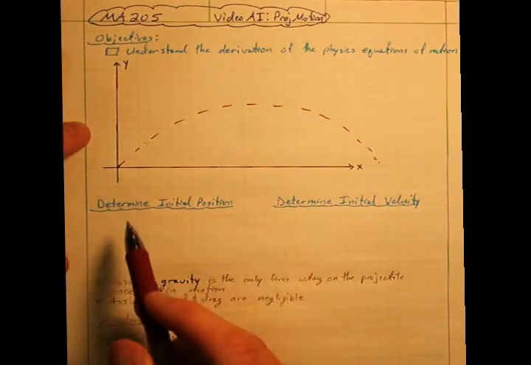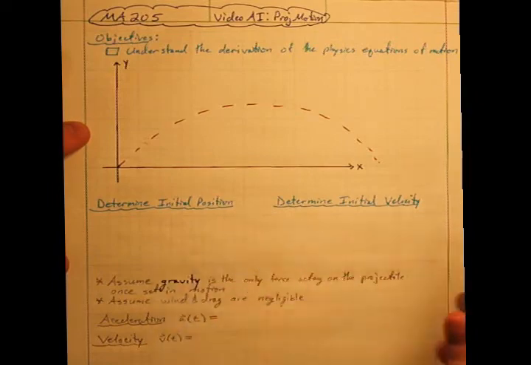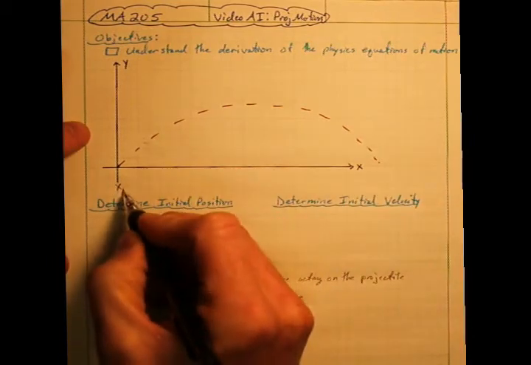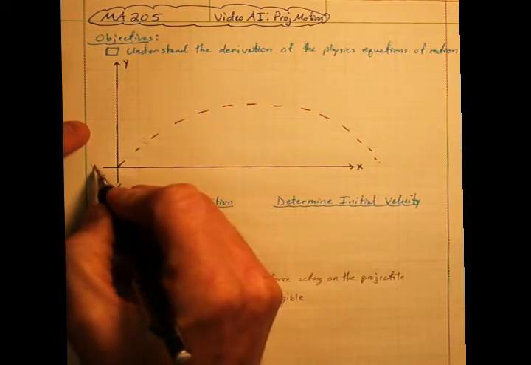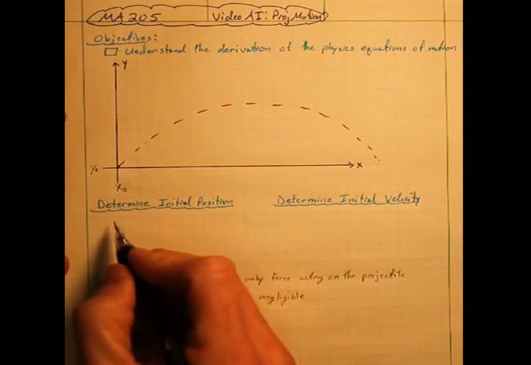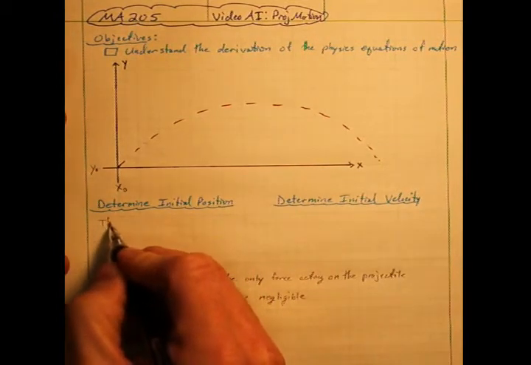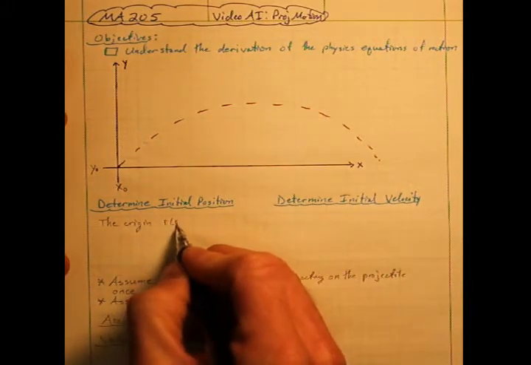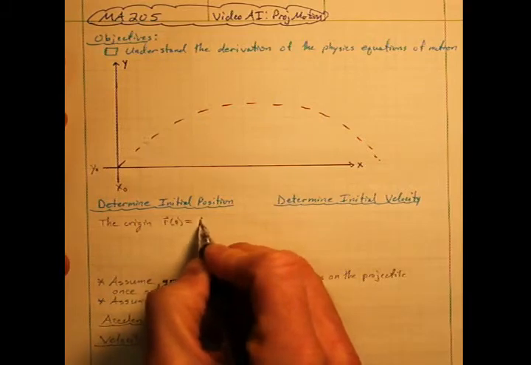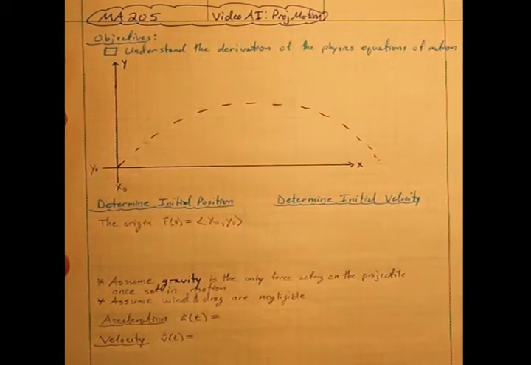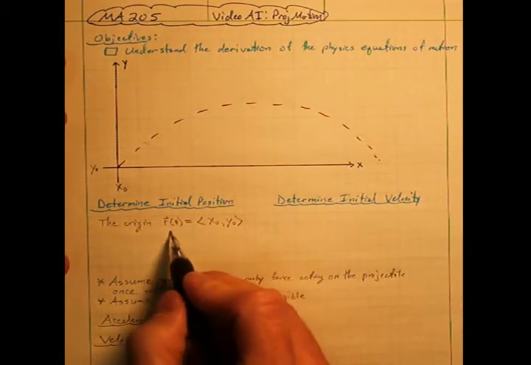So now if we want to analyze and determine the initial position, that's simply just the starting point. This is my x-axis, this will be the initial x value, and this will be the initial y value. Therefore the initial position is just about the origin, or r of 0, which is a vector, will have the coordinates x0, y0. Okay, so this is my initial position